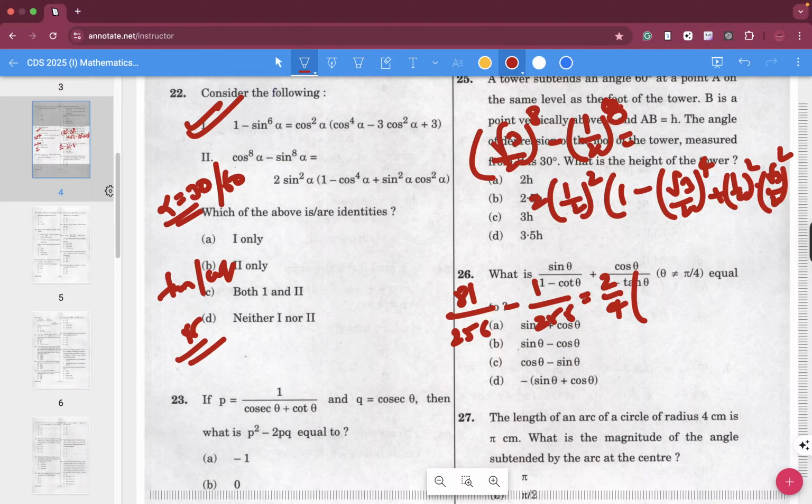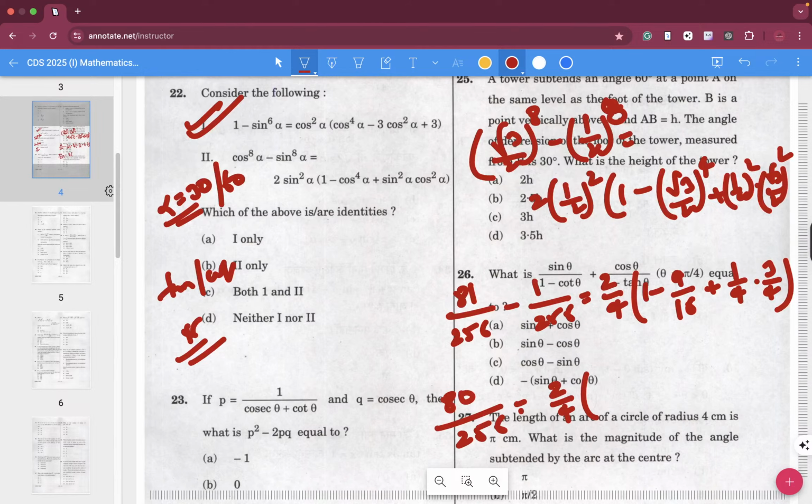1 by 2 whole square, then 1 minus this is 9 by 16 plus 1 by 4 into 3 by 4, right? Okay, root 3 by 2 whole square. Now if you solve for this, on the left hand side you have 80 divided by 256, now which is equal to 2 by 4. If you solve for this, this is 1 minus 9 by 16 plus 3 by 16, right? Okay, if you solve for this, what we have inside